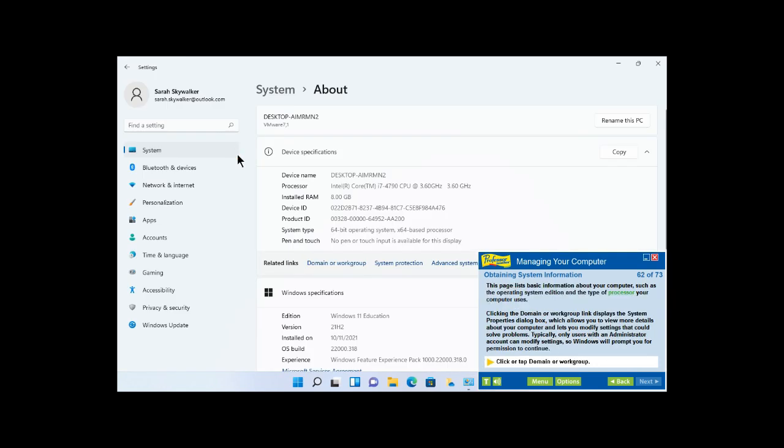This page lists basic information about your computer, such as the operating system edition and the type of processor your